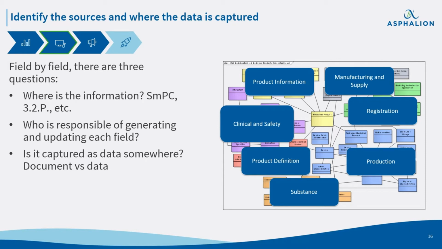And then, if we have it actually captured somewhere, is it a document? For example, is it the SmPC, or do we have it as data, maybe in a database? Because it's always way easier to work with data than with documents, because with data we can just apply some filters and make a quick search. But if we have to actually go through the documents, opening them, if it's in English, maybe it's easier, but then you have to deal with products in other languages that you're maybe not familiar with. This can be way more complicated.